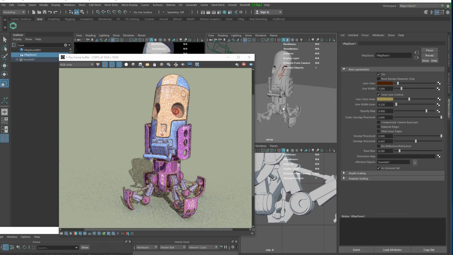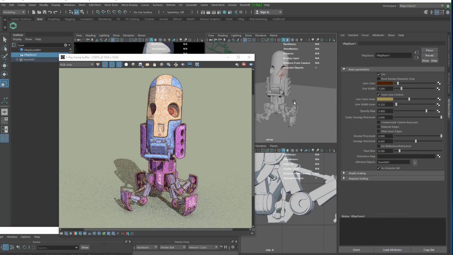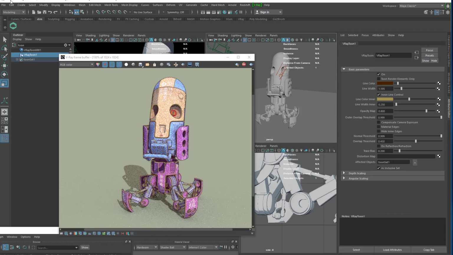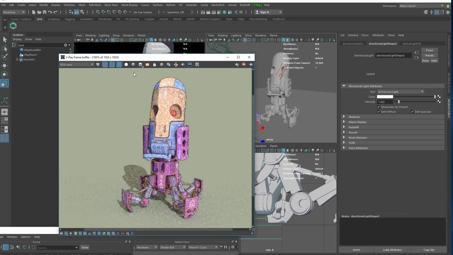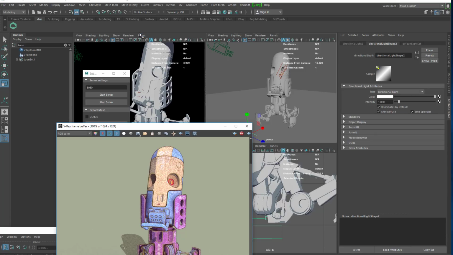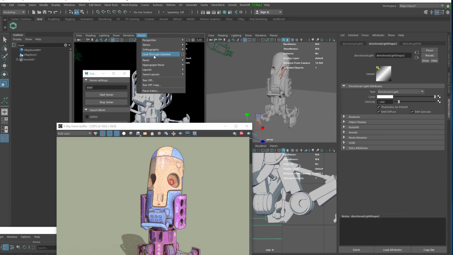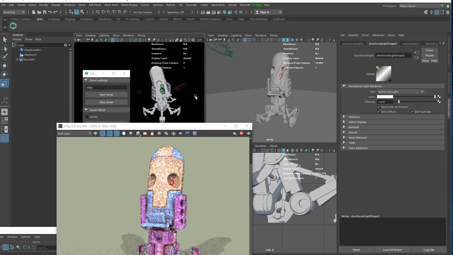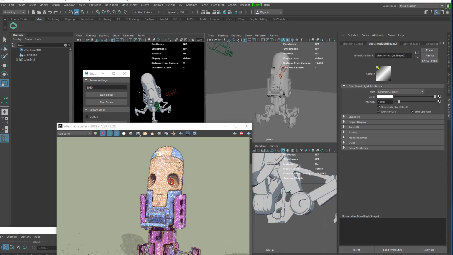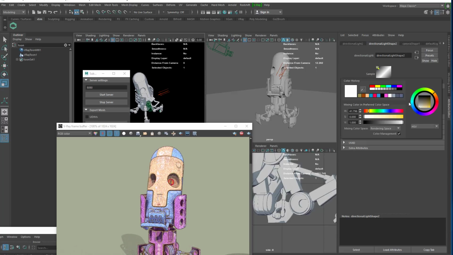But before we do the post-processing, we're going to look at another light. Create another light. I'm going to create another directional light for now. It's going to be good enough, and I'm going to say panel look through selected, and move it from there, maybe somewhere there, just to have a double shadow, except this one is going to be